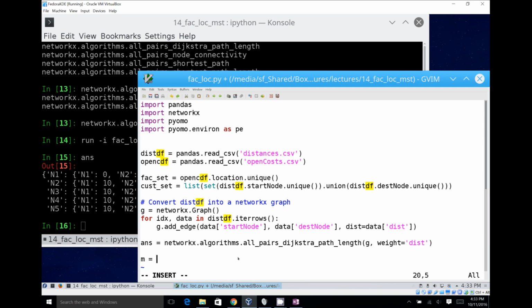Right. But that's different. It just says that a customer can't go to a location where we haven't built a facility. Yeah, but